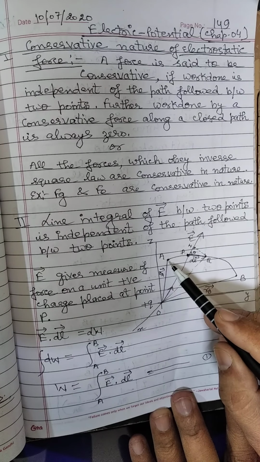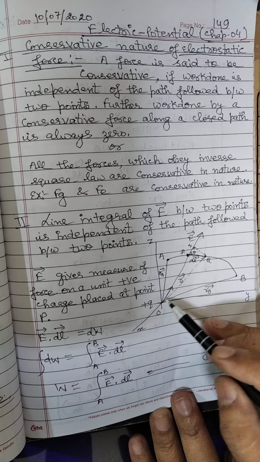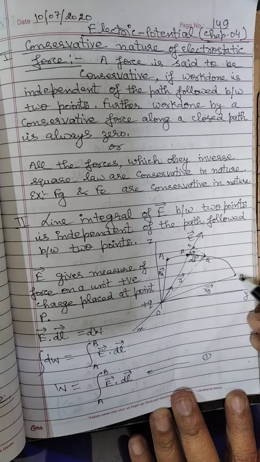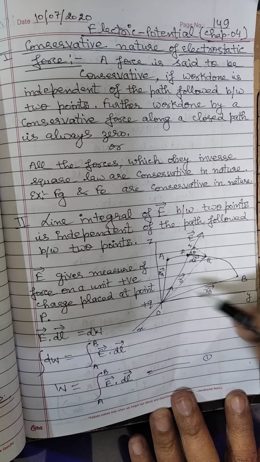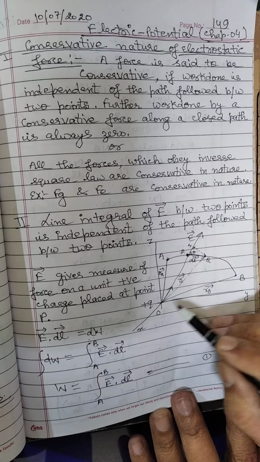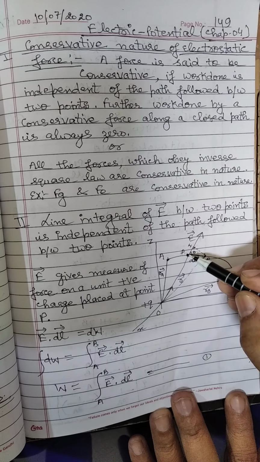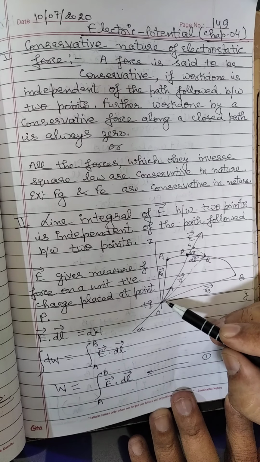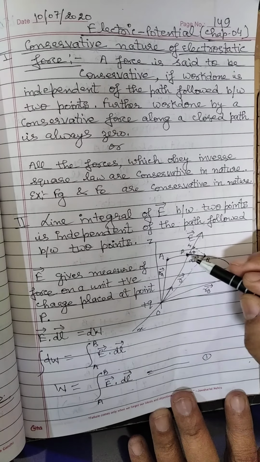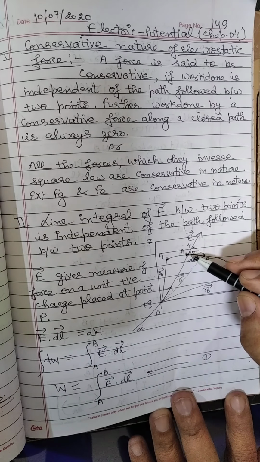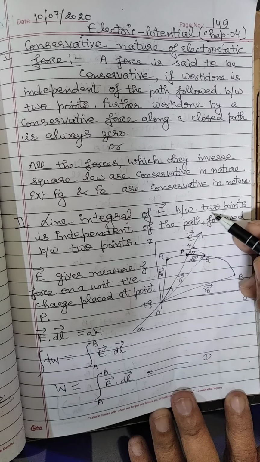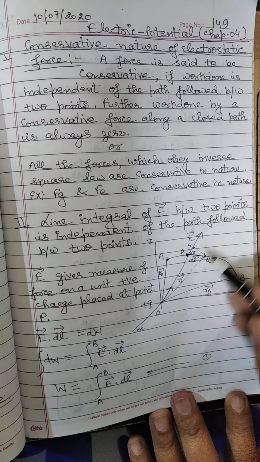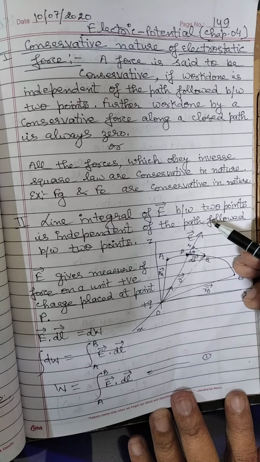Now first try to understand this figure. This is the three axes x, y and z, and this is the point A and this is the point B. One path followed is AB, and the position vector of A is RA and position vector of B is RB, and we are taking the very small element dl, that is PQ, and its position vector is r. Now if you place the plus Q0, then the direction of the electric field will be in this direction because of the repulsive force of this, right? Then the electric field is in this direction.